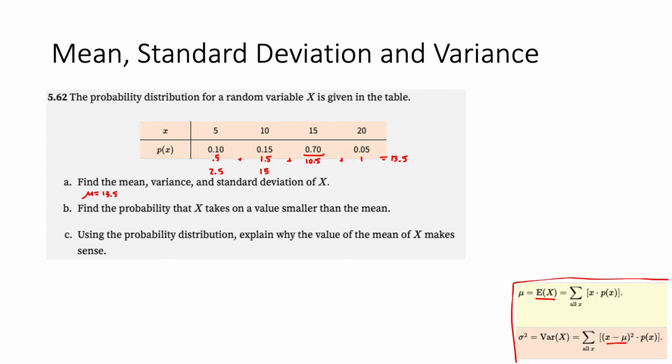This is going to get us, pull out my calculator here, 157.5, and 20 times 1, obviously just 20. Okay, we're going to add all of these up. 195. Okay, so this is E of x, and this is E of x